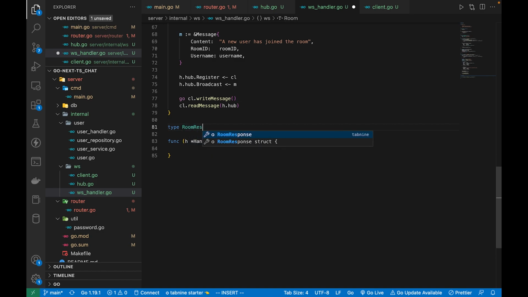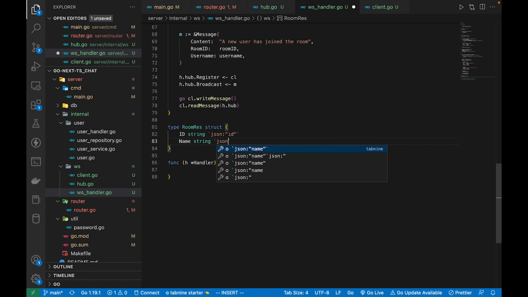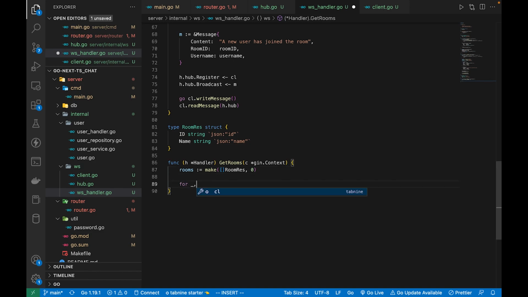So I'm just going to define a struct called room response, where it's going to have the ID of type string as well as the name of the room. And inside here, I'm just going to define a list of rooms, call it rooms, and inside a for loop, we're going to call the rooms in the hub and just append this information